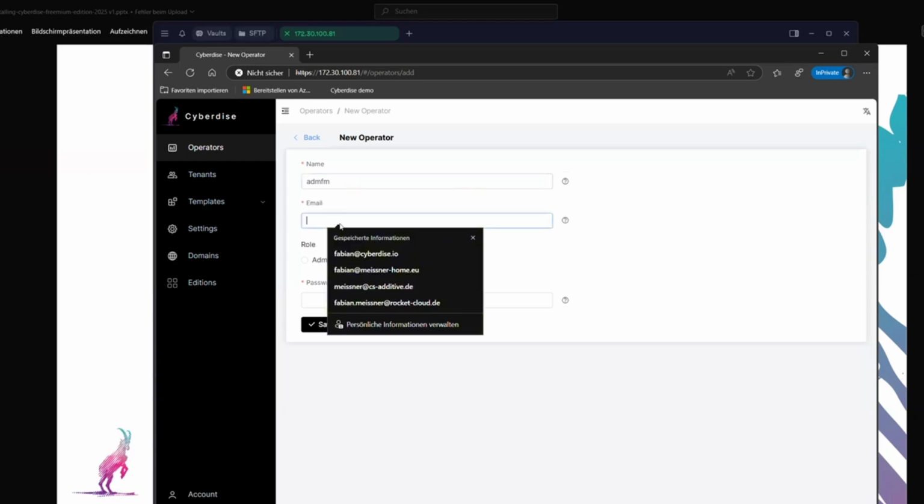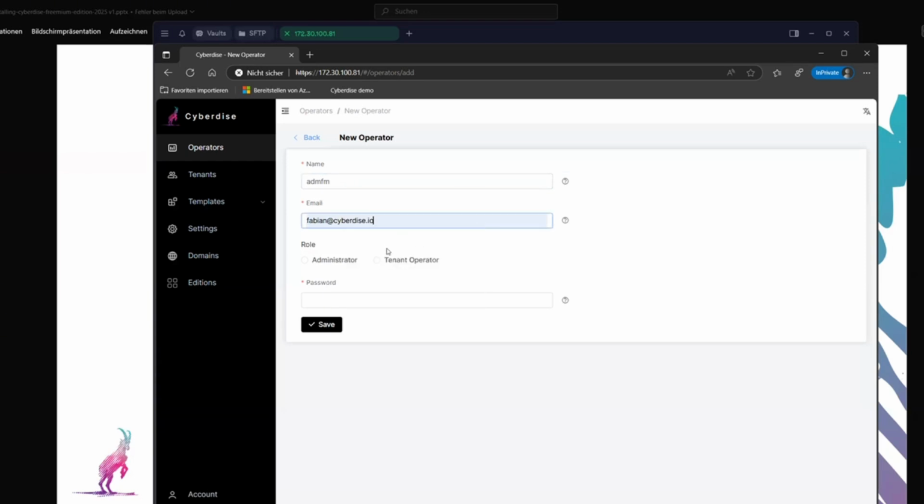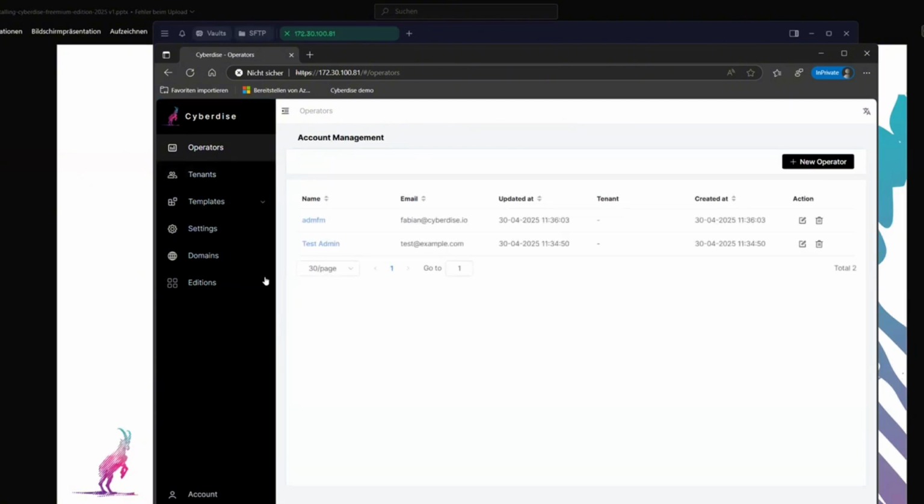I say here Cyberdise administrator, give them a password and say save. And right now it's created. So I have here another user that I can log in with. And with this, we have installed the freemium